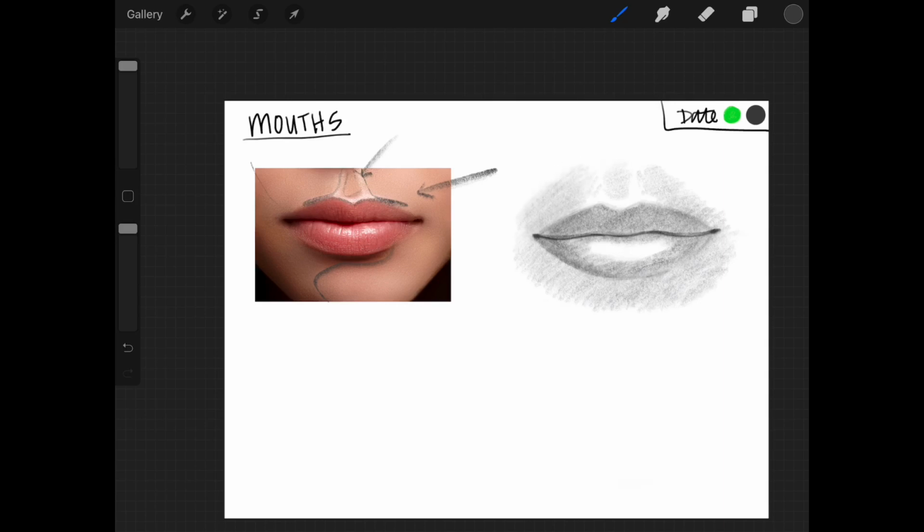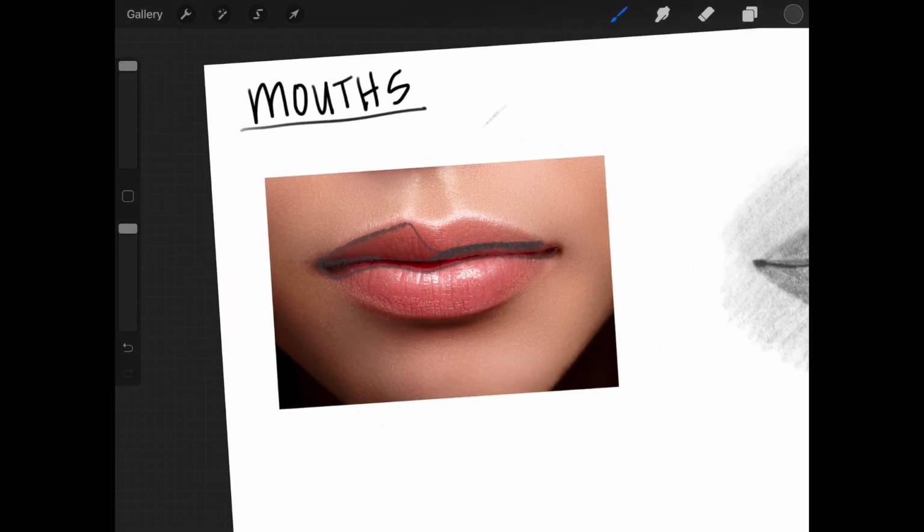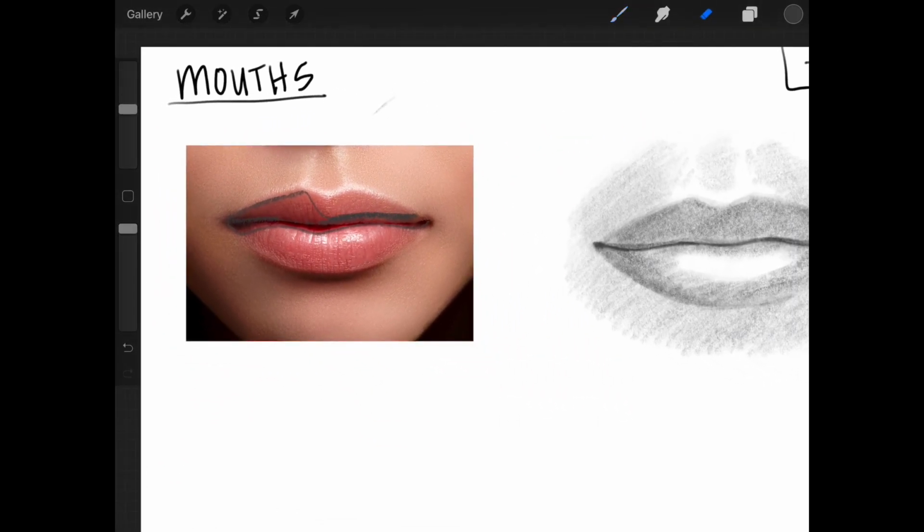Okay, lips are popping. So let's get more into the detail on this and let's find some darker areas that we really want to emphasize. So right here where the lips are meeting and going into the top, you kind of see this dark area. So I'm going to go over that and then under as well, right where they meet, the top lip kind of casts a shadow on the bottom lip. So I'll work on those areas that I think are especially dark